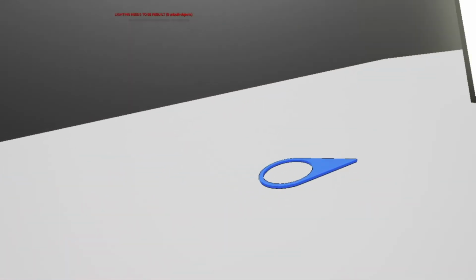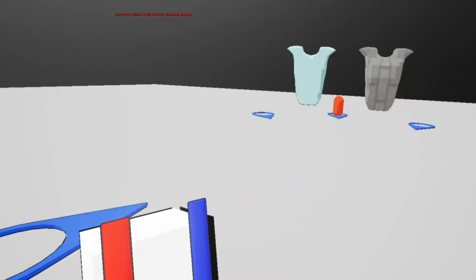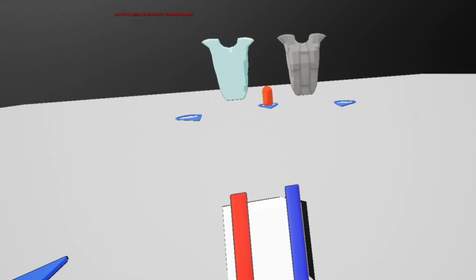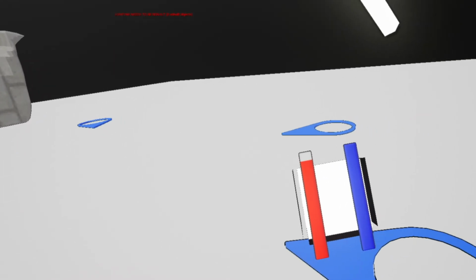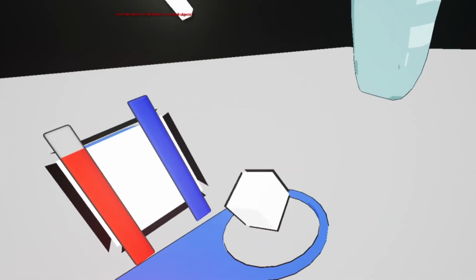Oh, you know what? No, I have one more thing I have to show. So if I might get out of range of the mic here. There we go. You can see when I step out of a certain radius, I'll start taking damage. I think I need to make the radius a little tighter, if I'm honest, because you can see I can go quite a fair distance before I start taking damage. And then once we die,